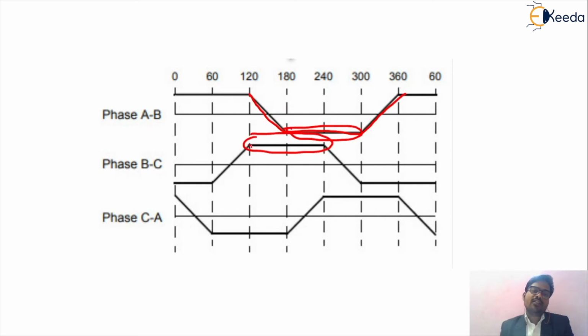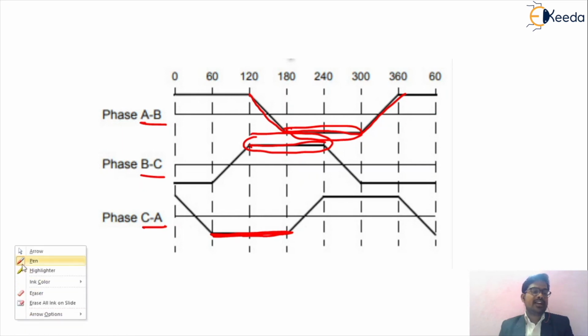So this is the DC output of your BLDC motor, and the shape of the output of the phases, that is AB, BC and CA, gives you the back EMF in trapezoidal form. That's why this input waveform is called a trapezoidal waveform. Okay. So friends, now we can understand the detailed working.